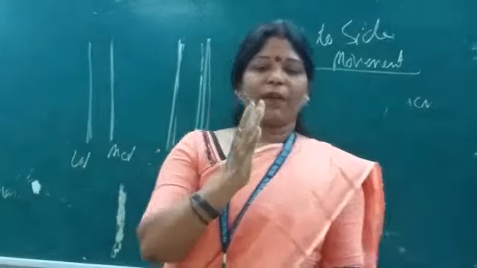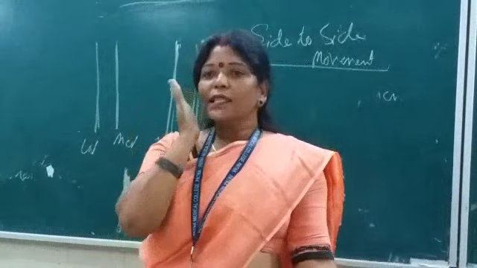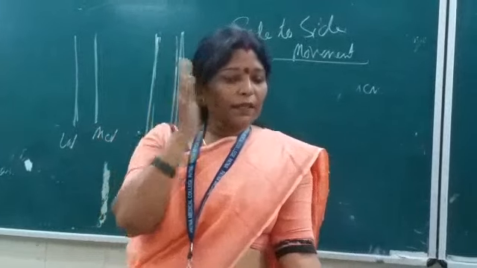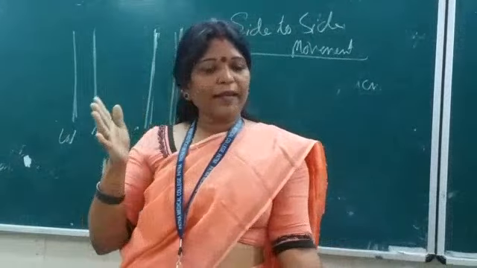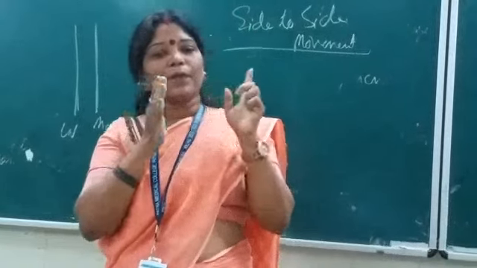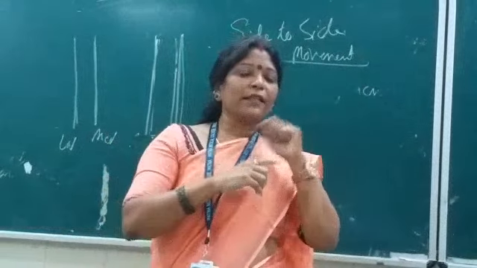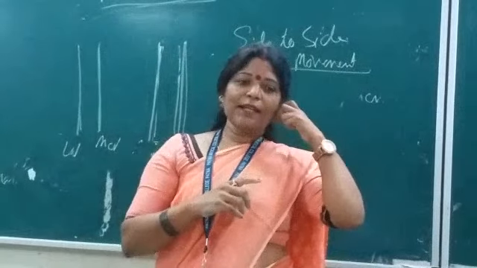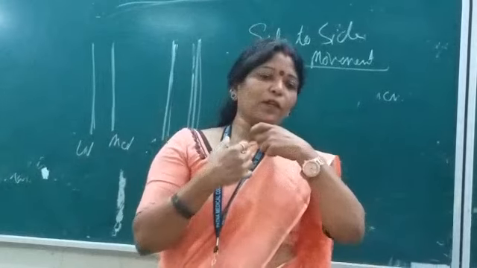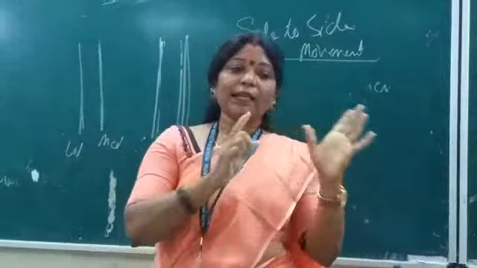Suppose, very important, if I move my chin to the right side, in this condition, better take the upper hand to the lateral pterygoid. When the chin moves towards the right side, the right side lateral pterygoid and the left side medial pterygoid contract, and vice versa. If I move my chin to the left side, the left side lateral pterygoid and the right side medial pterygoid muscle will contract for movement of the chin towards the left side. So it is like that, side to side movement, alternate contraction.